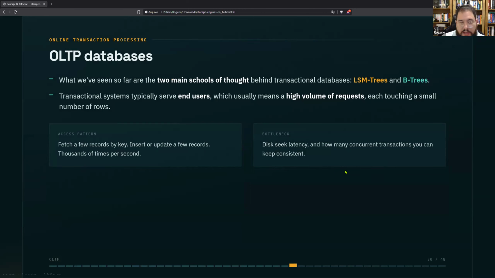All we talked about today are OLTP databases, okay? Online transaction processing databases, that is the name. Because what we have seen so far are the two main schools of thought behind transactional databases, the LSM-Trees and the B+Trees. And like you saw, almost every database we know can be placed in one of those two families, okay?